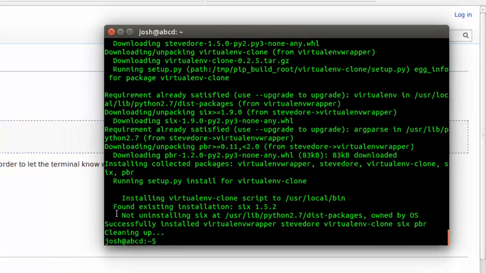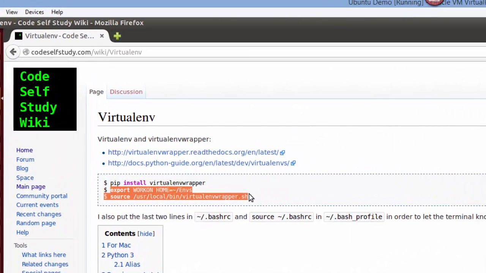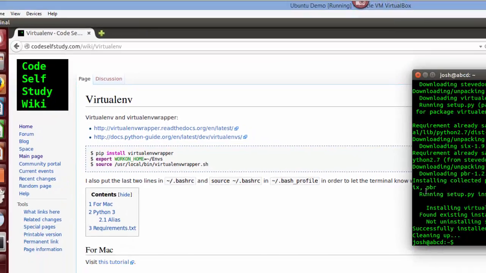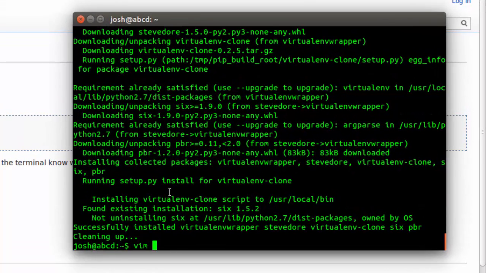Okay, the next thing we need are these two commands here, but if we type them in the terminal and then close the terminal, they'll be gone and we won't be able to use them again. So what you can do is put them in your bashrc file, which contains configuration for your terminal. So the file is called bashrc,